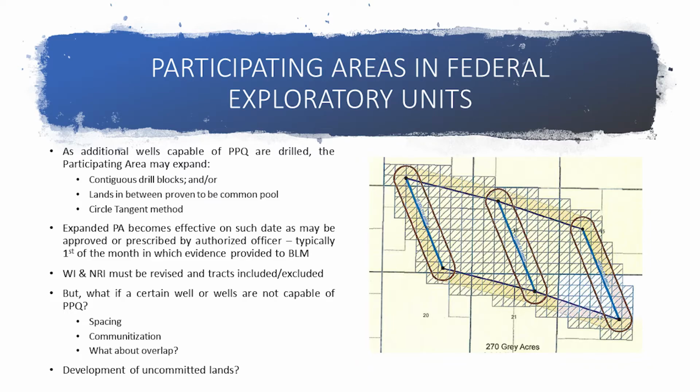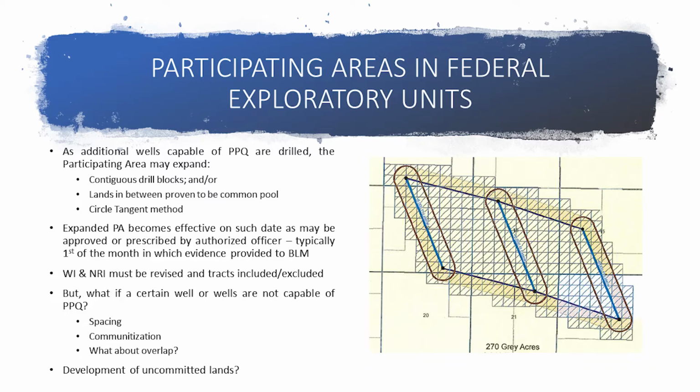Moving on to the second example of an uncommitted tract. So this gray area in the south part of this eastern lateral here, let's just say that owner did not commit to the federal unit. Well, two things could happen. One would be, it's unlikely you would join it to a participating area because you've penetrated minerals that aren't committed to a federal unit. What you would do there in most any state would be, essentially,